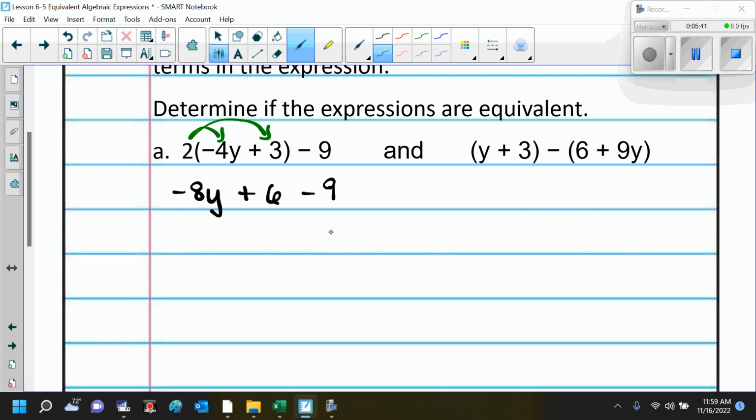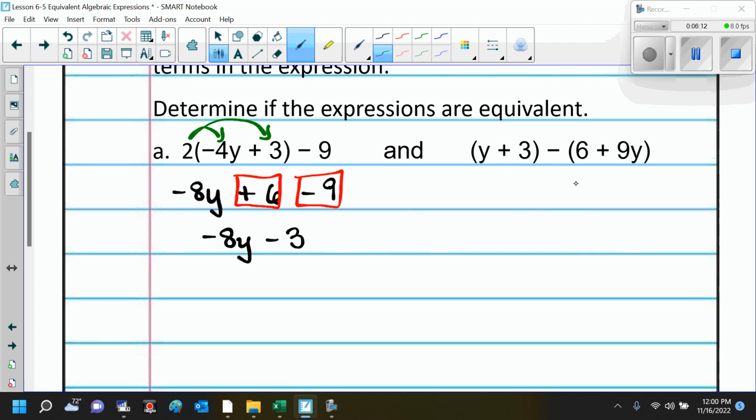Okay? So what can I combine in the first example, in the first expression? Positive 6 and negative 9. So the negative 8y, we can't combine that with anything, so we're just going to bring that down. So negative 8y. Then we've got a positive 6 plus a negative 9, which gives us a negative 3. Very good, negative 3. Now, at this point, we cannot compare yet